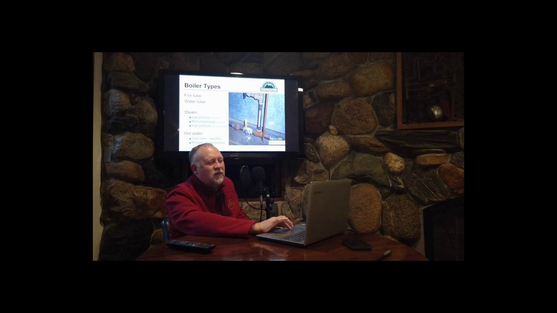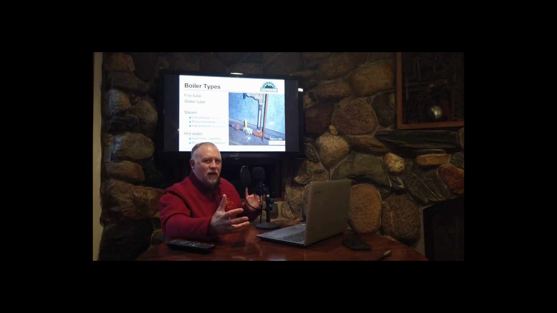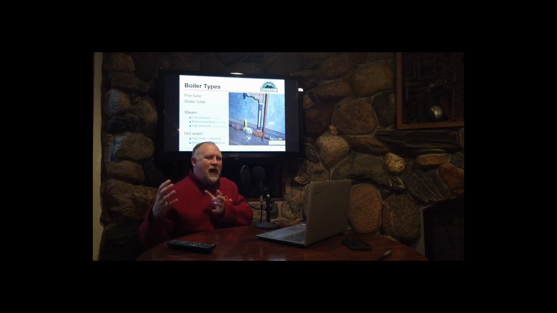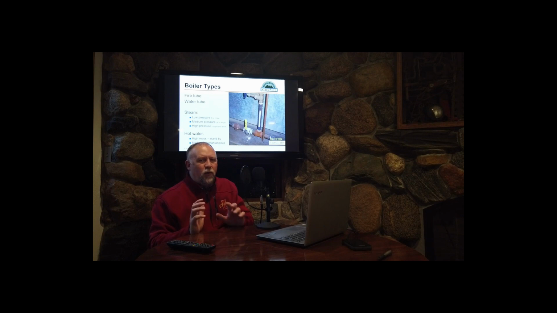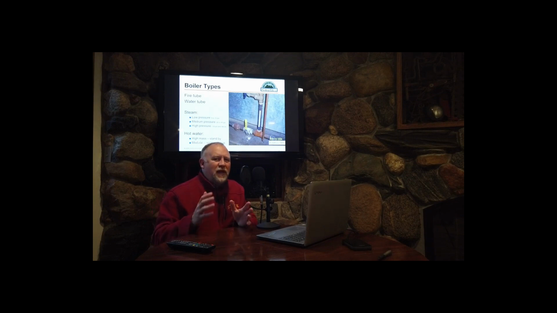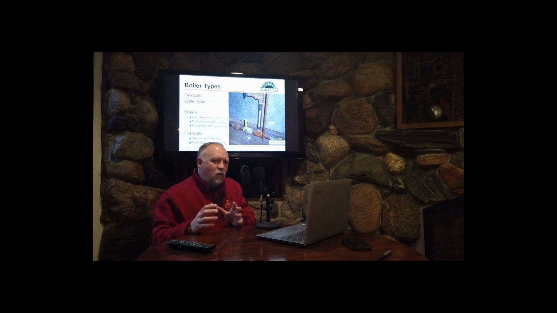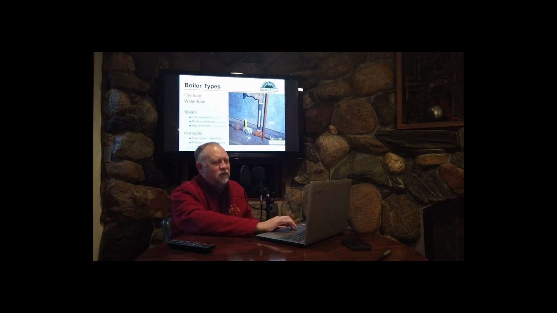Hot water. There's two types of hot water boilers. We can have like a cast iron monster in hot water. In other words, high mass, big, lots of steel, not terribly efficient. Or we can have modular boilers, coil boilers. I'm going to refer to this as like a copper fin tube boiler or a condensing boiler. Those will have very little water in them, but they will be very, very efficient. Here, I've got some more pictures of each of those as we go on.